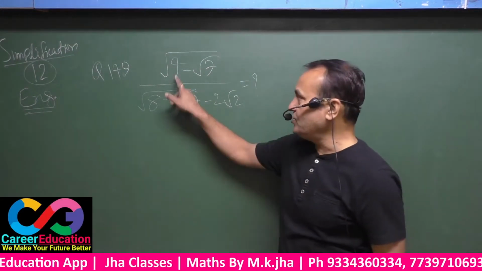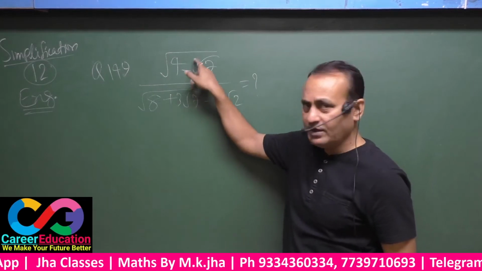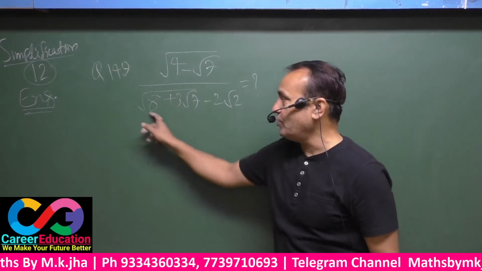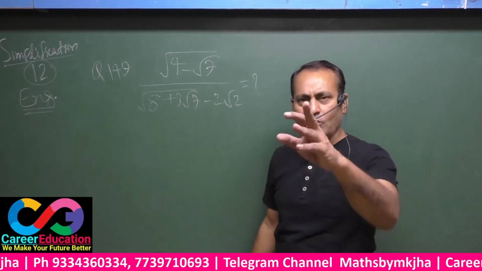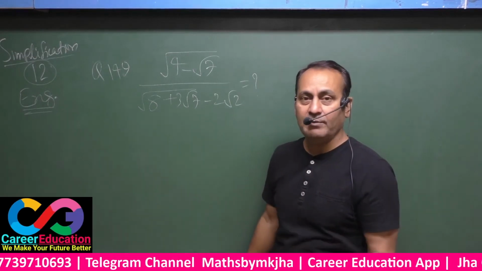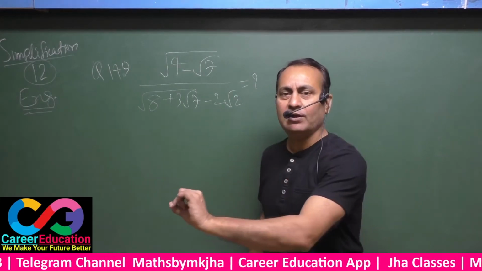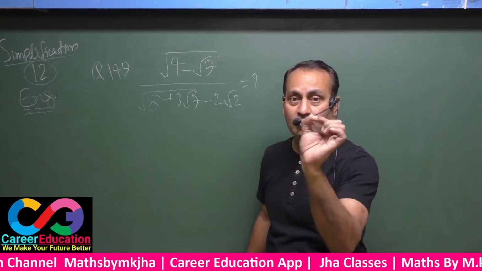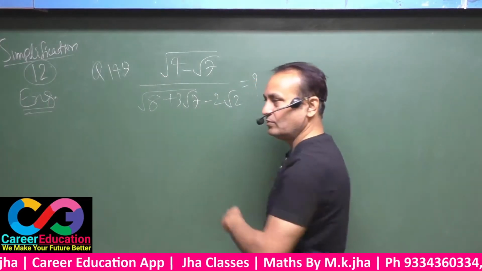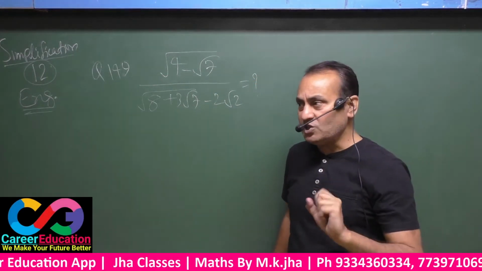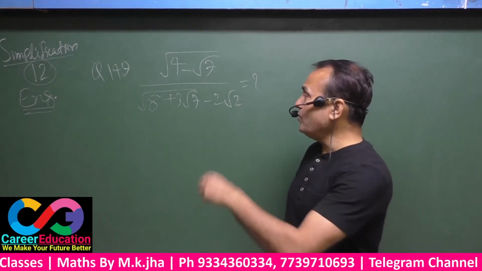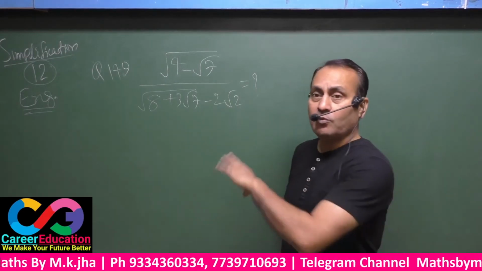Since the shape is just like that, this must be based upon a minus b whole square, as there is a number, there is a sign of minus, there is a number 1 here, and under root something. But you must know, if any situation is based upon a plus b whole square or a minus b whole square, there must be a part of 2ab. That means there must be 2. But see here, there is no 2. If 2 must be there and 2 is not there, certainly 2 will be carried out from outside. That means you will have to carry out 2 from outside.